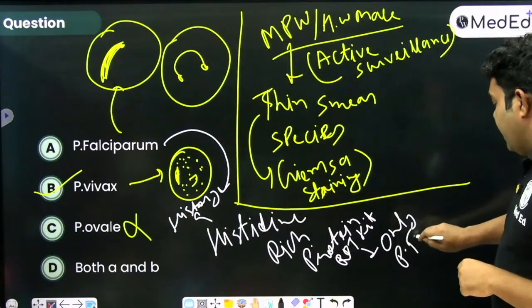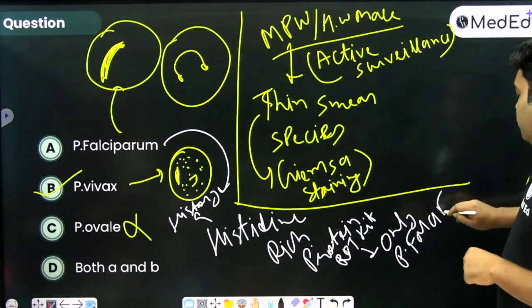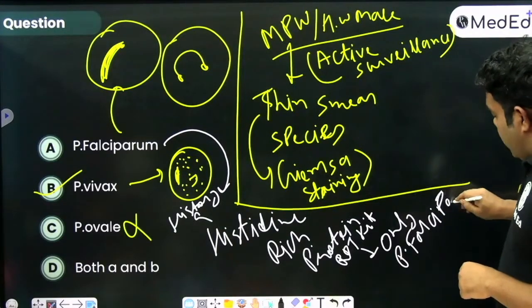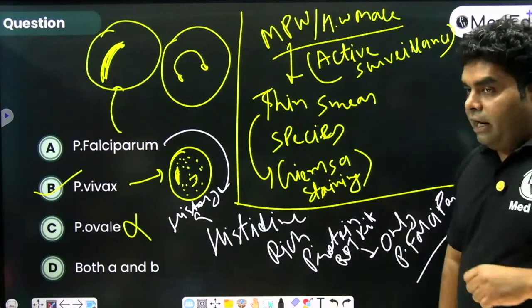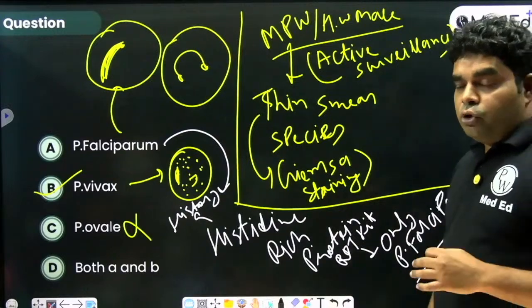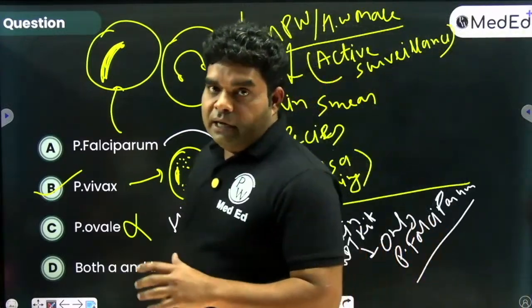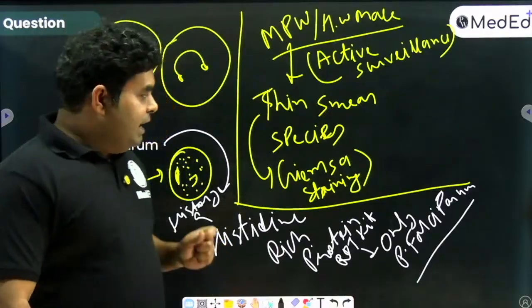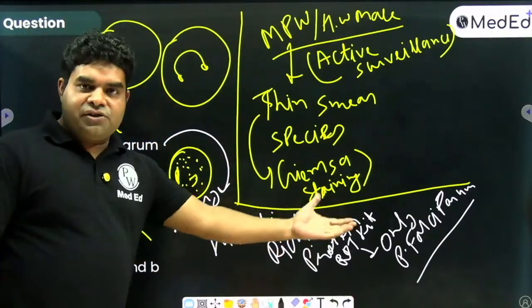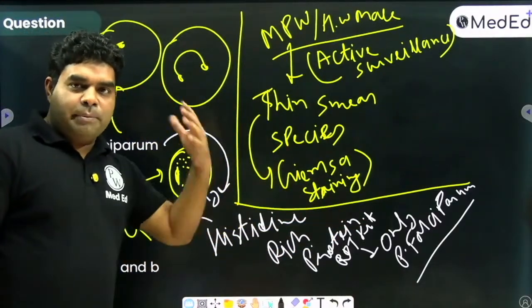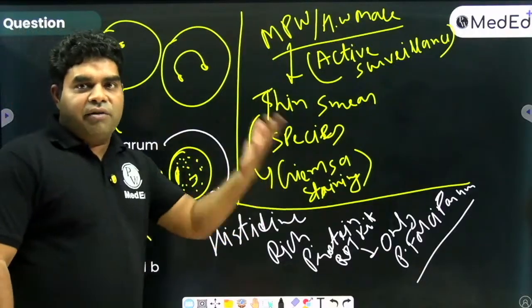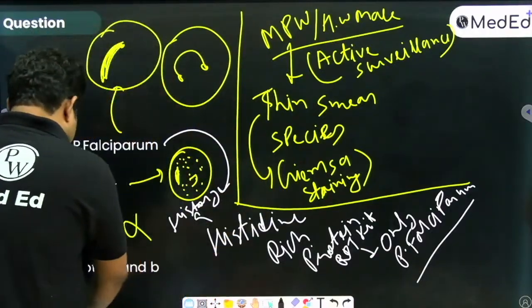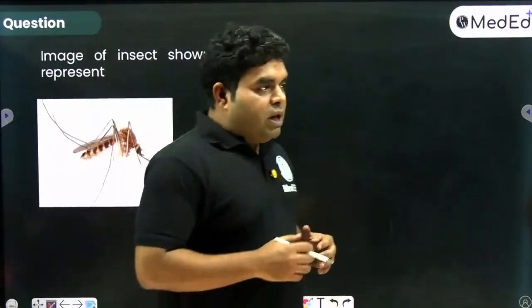फैल्सीपेरम का पता लगाएगा। ओके, फैल्सीपेरम और वाइवेक्स अगर दोनों का पता लगाना है तो हम लोग जिस किट को यूज करते हैं उसको कहते हैं ऑप्टिमल किट, और उसमें लैक्टेट डिहाइड्रोजिनेज एंजाइम होता है। बट हिस्टिडिन रिच किट, एच से हिस्ट्री विच इज ड्यू टू फैल्सीपेरम इन्फेक्शन, तो हिस्टिडिन रिच किट केवल फैल्सीपेरम को मेनली डिटेक्ट करेगा।